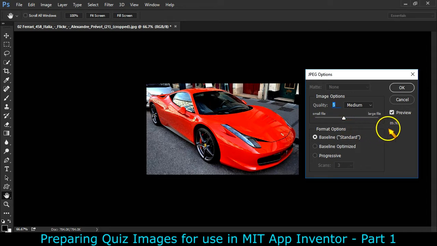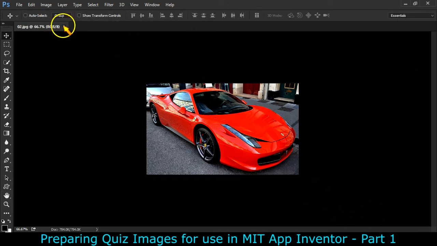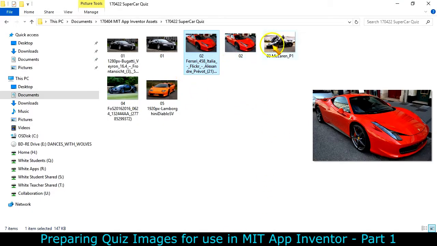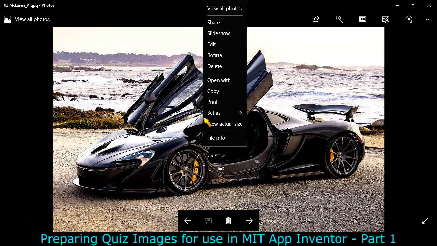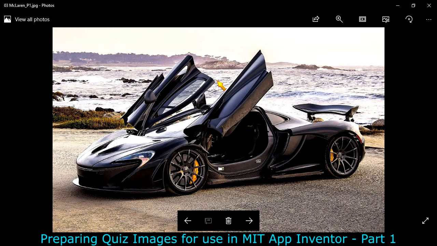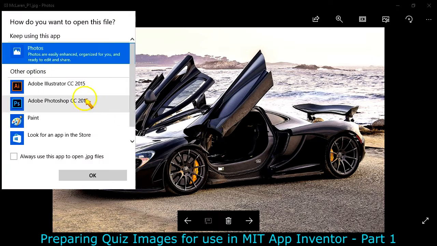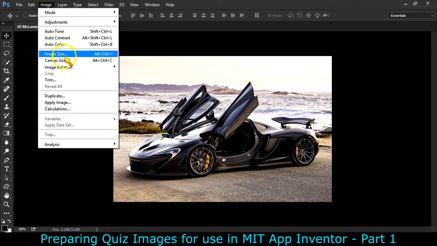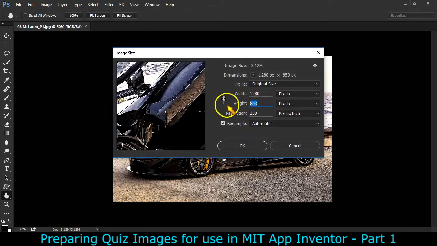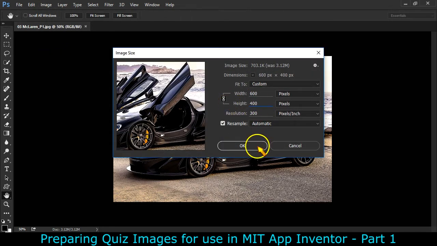If we say keep it all under 100, well, this one, 103, use your judgment. We've got another picture there. Just go through the rest of these real quick. If I double click, it opens in Photo Viewer, but from there you can open with, and it should give me the Photoshop option. This one, image size, a height of 400, the width is 600, that'll work